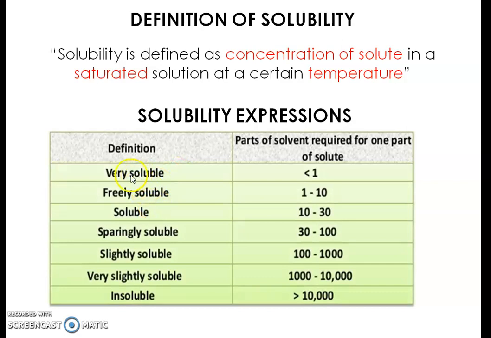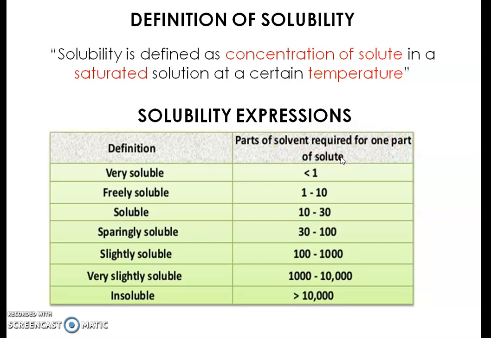These words are: very soluble, freely soluble, soluble, sparingly soluble, slightly soluble, very slightly soluble and insoluble. While reading various books, articles or papers, you may come across these words, very soluble, freely soluble. These are not just adjectives randomly used while expressing the solubility. They have a particular background which is explained in official books like the Indian Pharmacopoeia or United States Pharmacopoeia. So how is it expressed? It is expressed as the parts of solvent required for one part of solute.